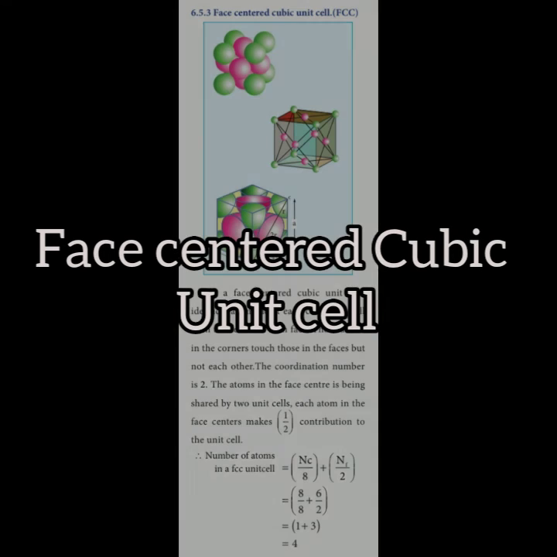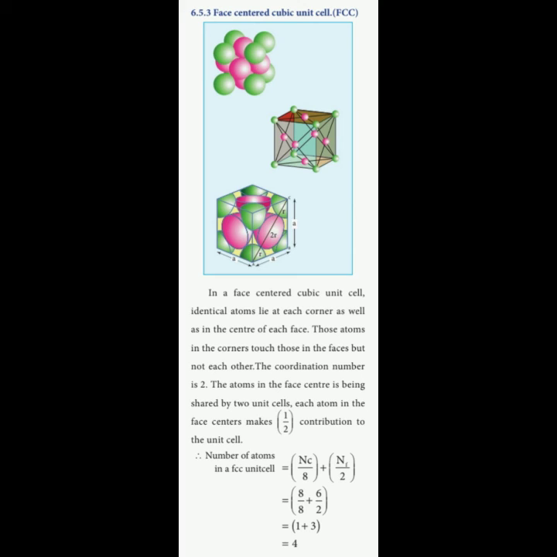Next, the last one is FCC, the face-centered cubic unit cell. In a face-centered cubic unit cell, here also atoms are present at each corner, that is totally 8 corners, and there are 6 faces. Already I told you, if you take a textbook or any rectangular eraser like that, there are totally 4 sides, and one top side and one bottom side. So totally 6 faces are there. In each of the 6 faces, an atom is at the face center. So in a face-centered cubic unit cell, the atoms belong to 2 places: one is the 8 corners, and the other is the 6 faces.